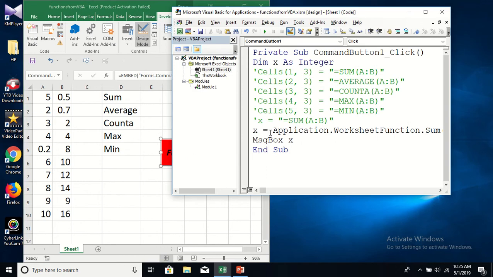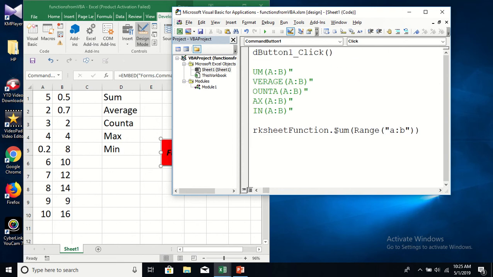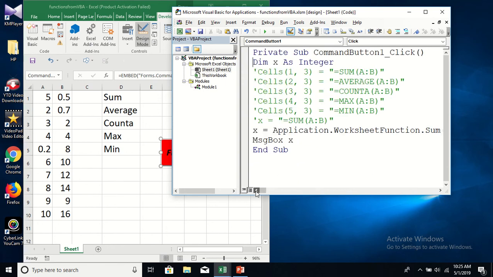When you are writing it as application worksheet function, it is a very simple syntax, you don't have to worry too much about that. And then what is your worksheet function? The function is sum, and then you declare the range for which you want to obtain the summation. Okay,